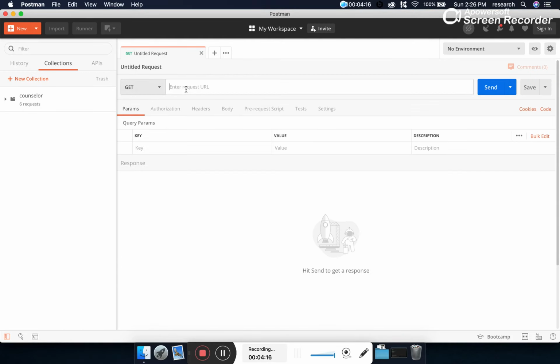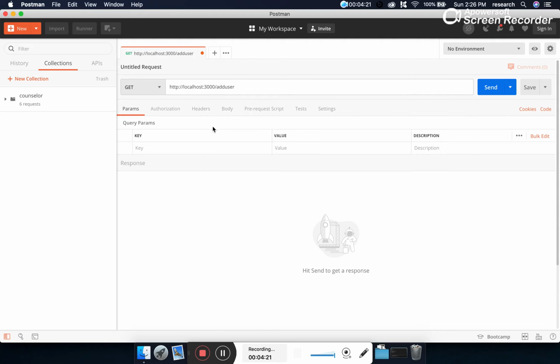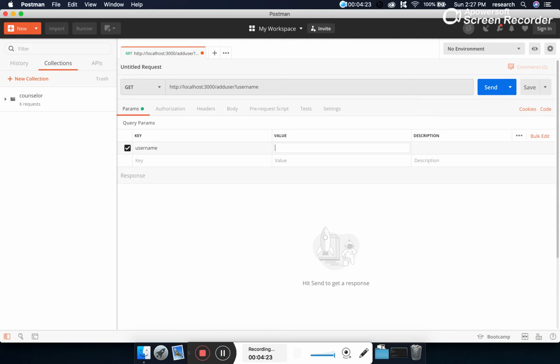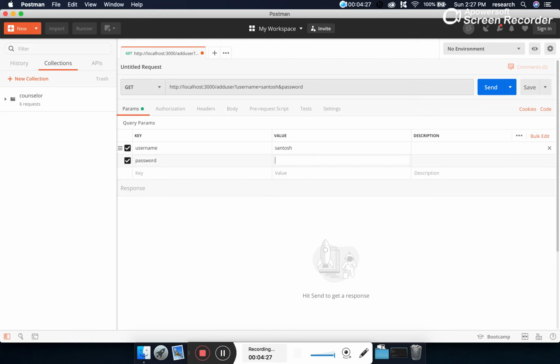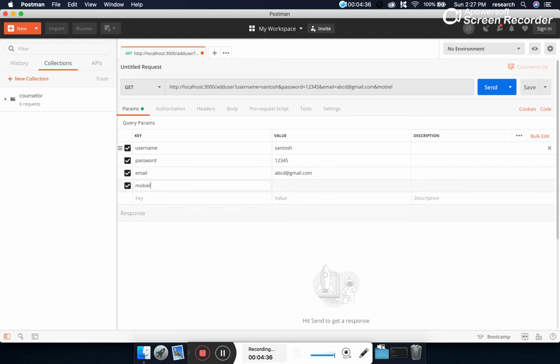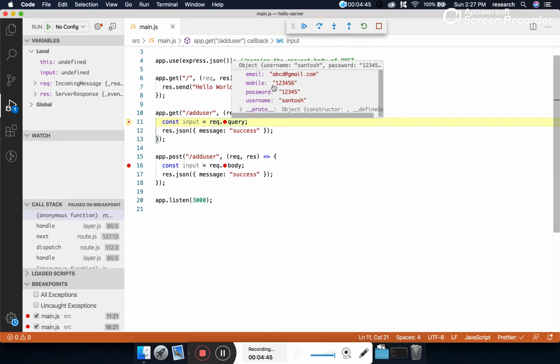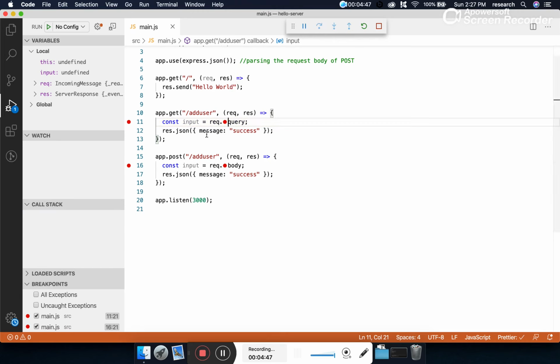I'm making a fresh request here, localhost 3000 add user, and we are passing here username root Santosh, then password here 34, then email here abcd@gmail.com, and mobile here, everything is a string. Now let's make a request and see whether we are able to read the data. Yes, we are able to read the get data.